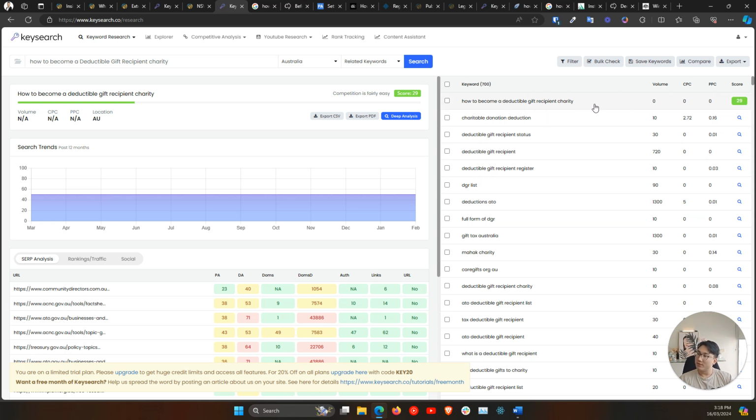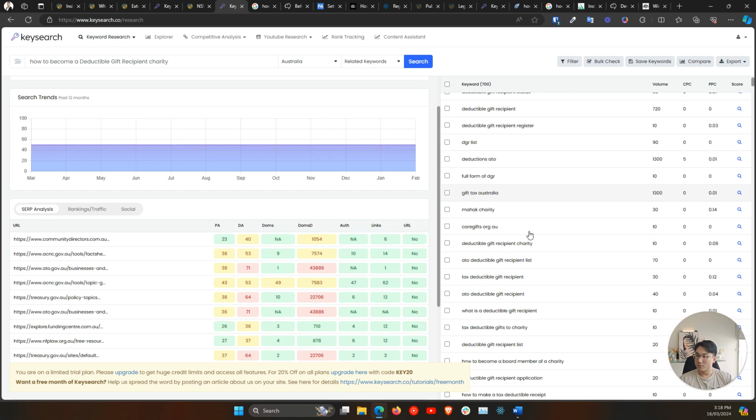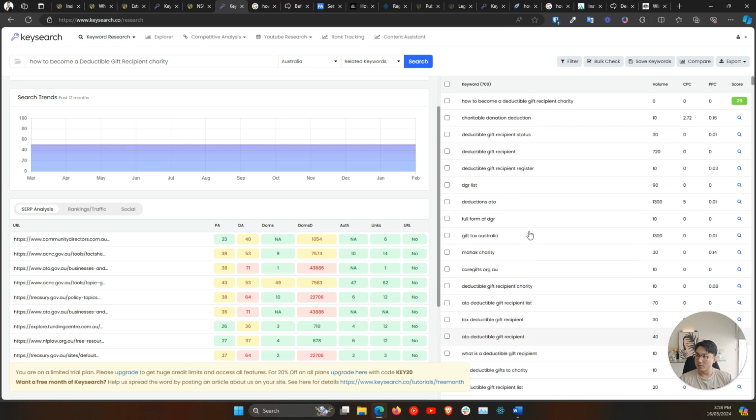Oh, the volume is 0. Interesting. That is interesting. Okay, I'm quite skeptical that no one Googles this, or that it's not a relevant topic at all, because of my understanding of the industry. That may sound like I'm just trying to justify why I'm writing this topic, but I'm not. That's not the only reason why. I'm looking at the other related keywords, and they all get